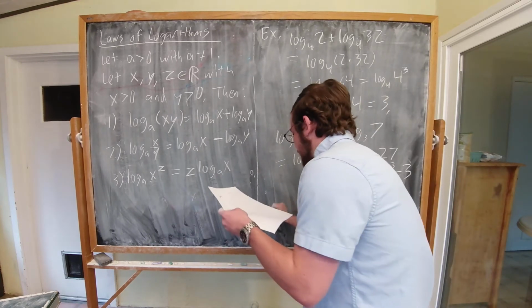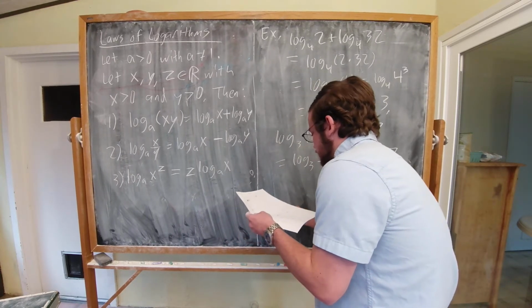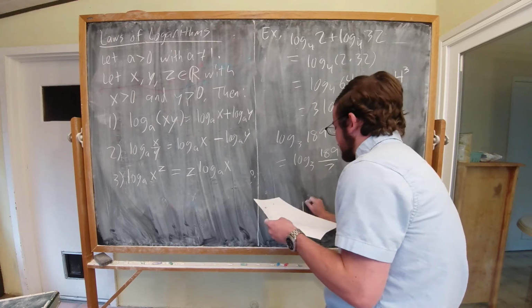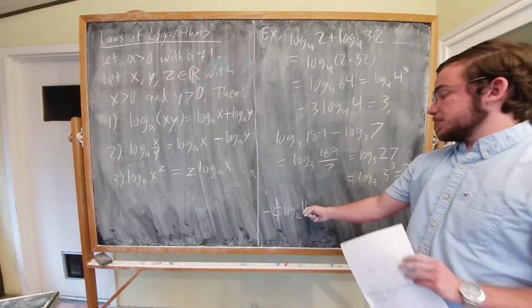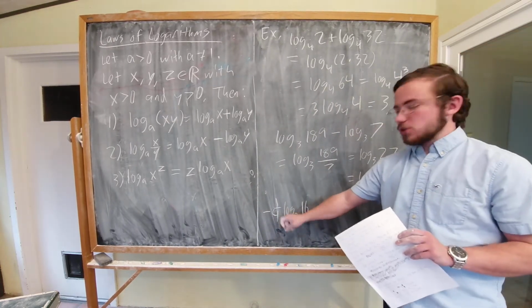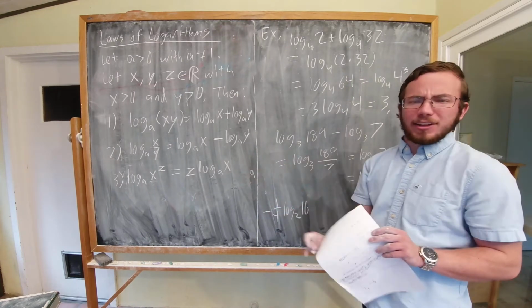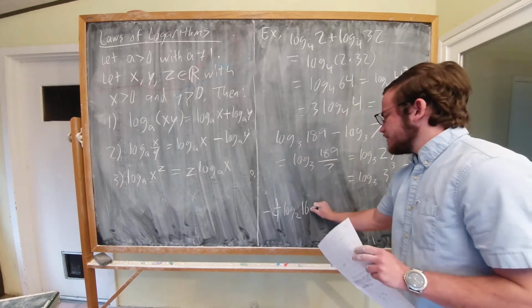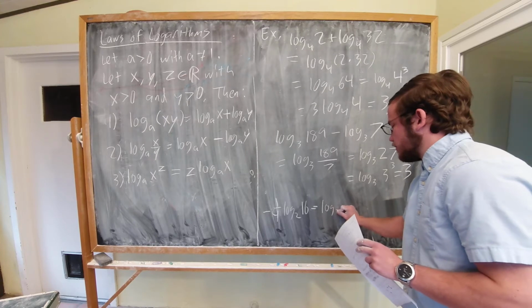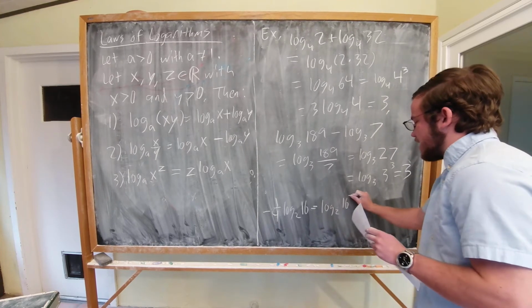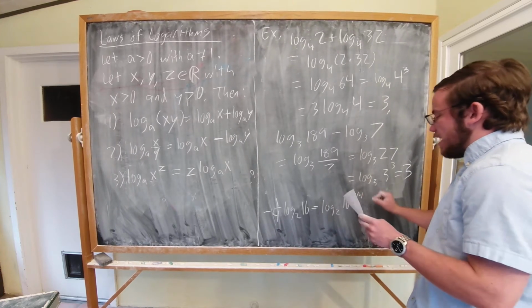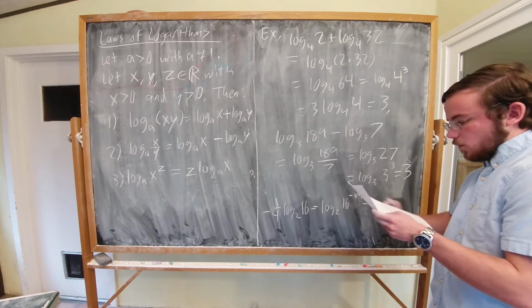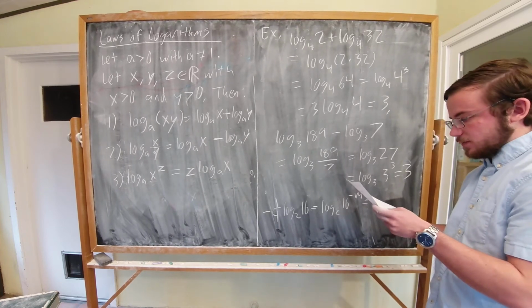Finally, negative 1/4 times log base 2 of 16. You could view 16 as 2 to the 4th, or you could use our exponent law. For the sake of it, let's use that third law. This is equal to log base 2 of 16 to the negative 1/4 power, aka 1 over the 4th root